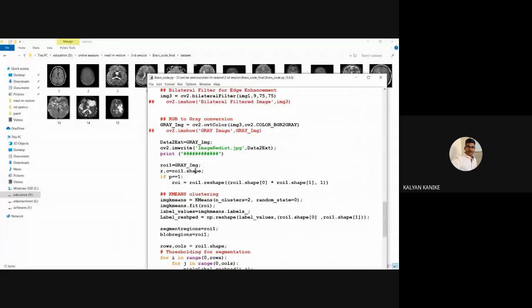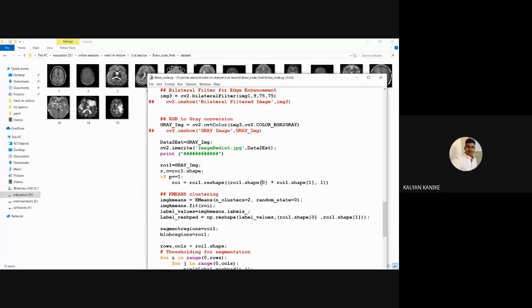First of all, we are going to identify the shape of the input image. Shape means how many rows and columns there are. Next, we are adjusting the shape of that image. So ROI1.shape[0]. What do this 0 and 1 mean?